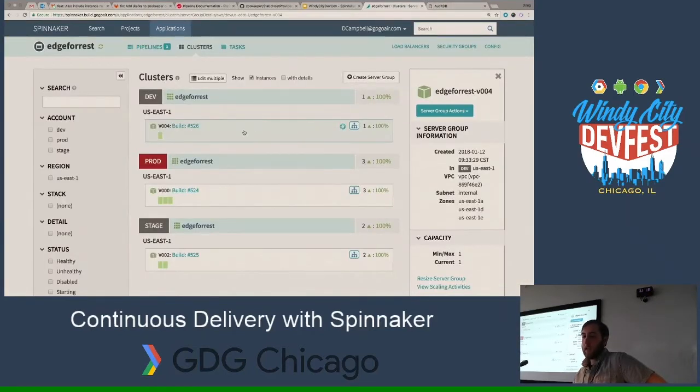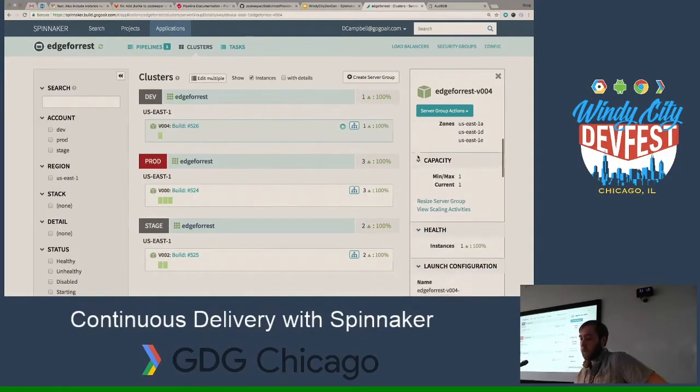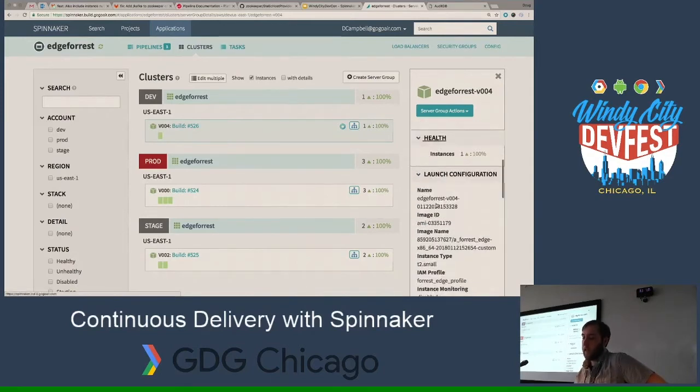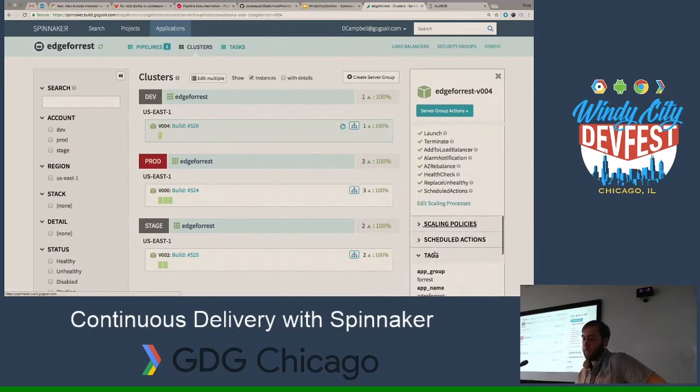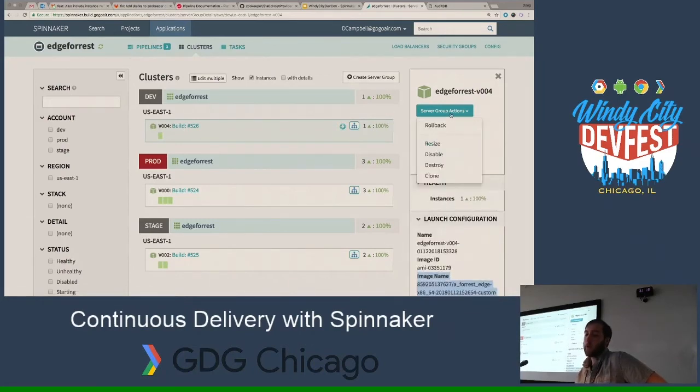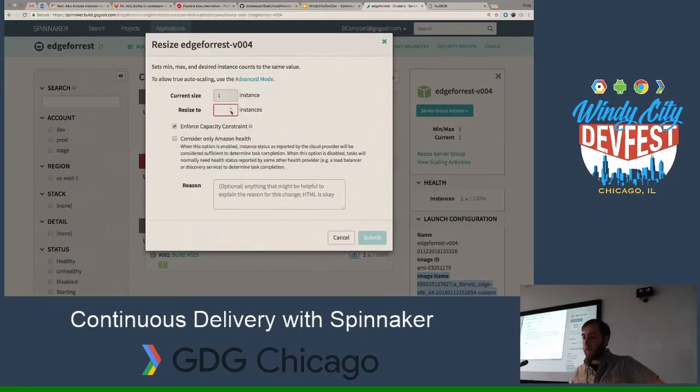If I'm clicking on this top view here in dev, I get a lot of information about my server groups. I get what my capacity is, health, what images are deployed, stuff like that. I can take action on that server group. I could resize it if I wanted. I could change it to like